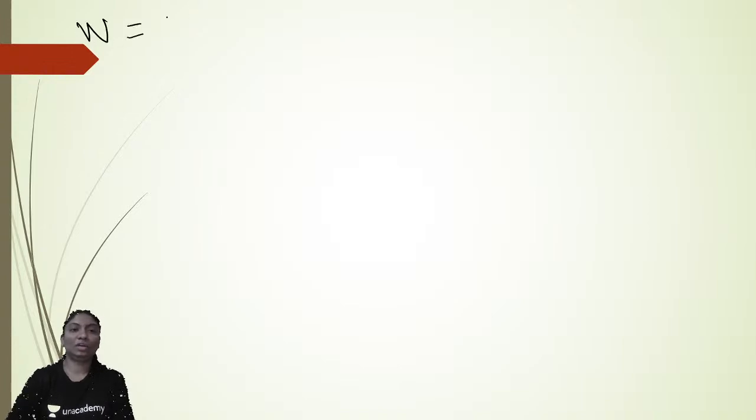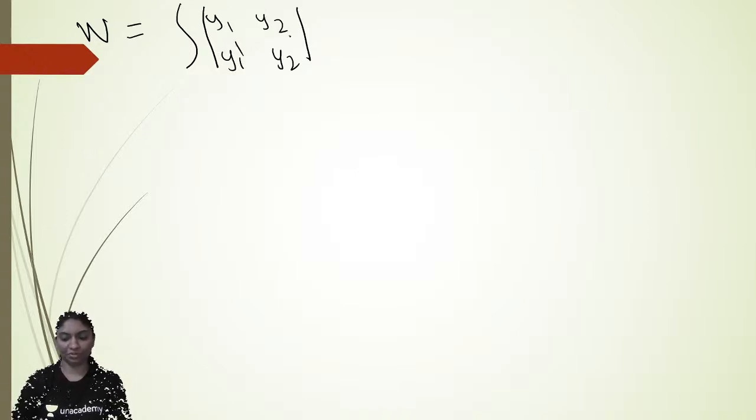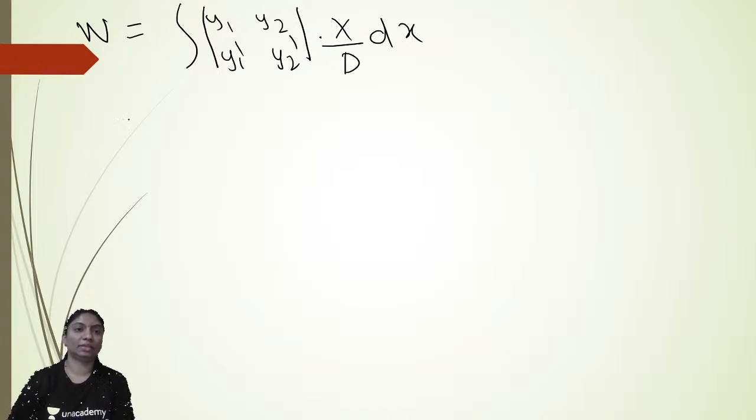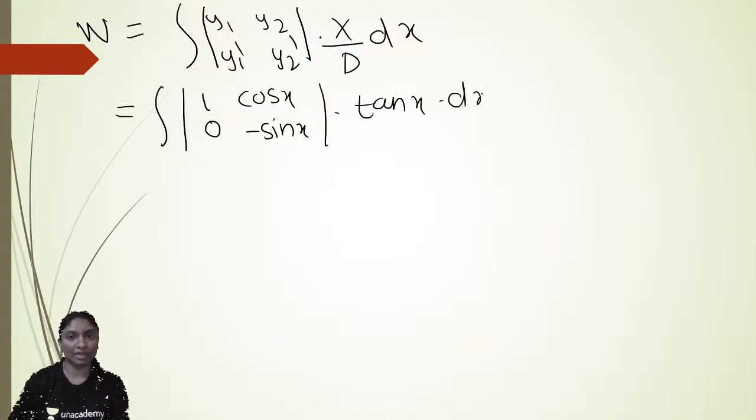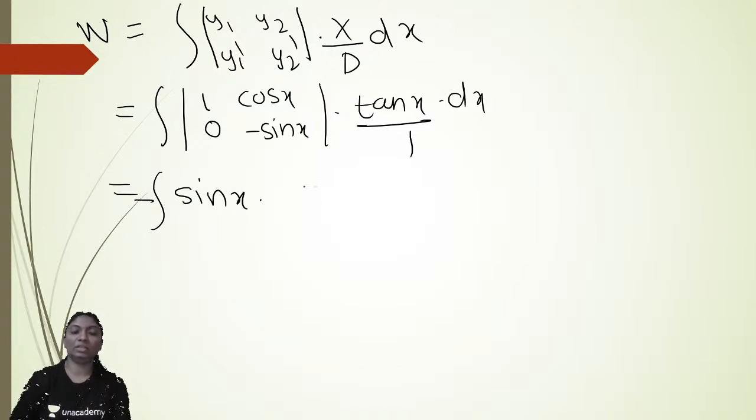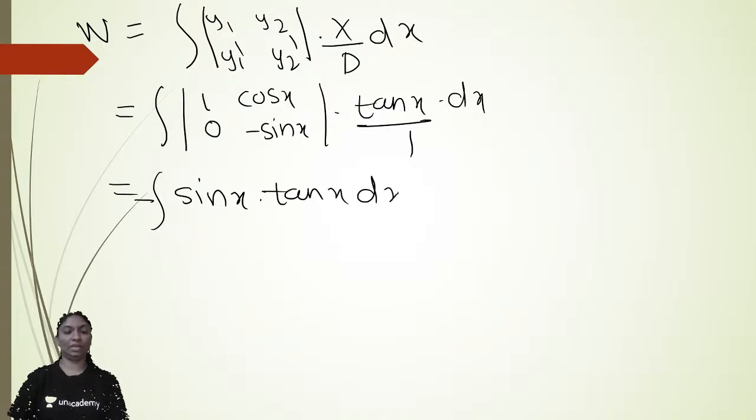So what is the formula for w? W is equal to integration of determinant of y1, y2, y1 dash, y2 dash, okay, into x upon d dx. So integral of determinant of y1, y2 is cos x, y1 dash is 0 and y2 dash is minus sin x, into x is tan x into dx, d is 1. So integral of, what is the determinant of this? Minus sin x minus 0, so minus sin x. Minus sin x into tan x dx. Okay. So minus of integral of sin x upon